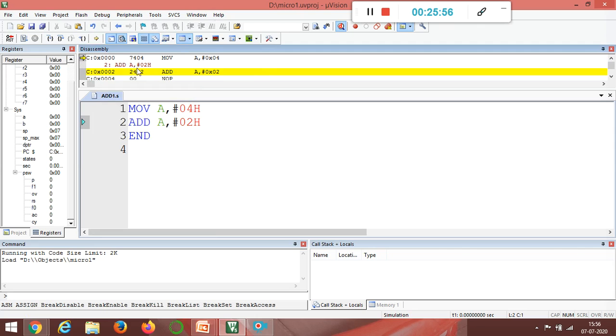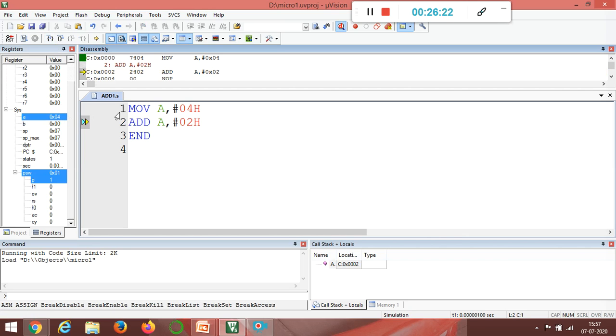Okay. So now before I execute, you can see the accumulator value is 00. So why is it declared as 0x00? Because whatever value you are going to move into the accumulator or any register, that value will be in terms of hex value. So you have to tell that this value is a hex value. That's why we write 0x00. Now I will press this.